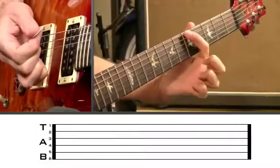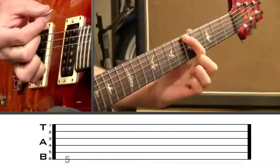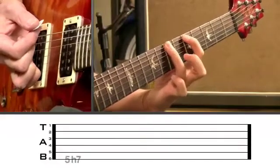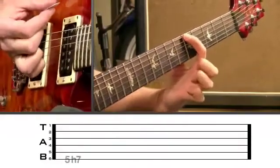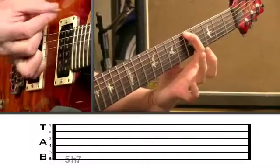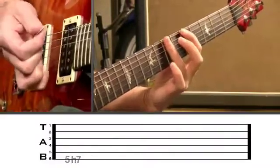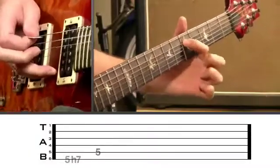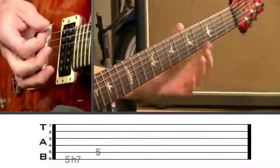So what I've done, I've held down the 6th string at fret 5. I'm plucking it with my plectrum, but then I'm hammering my 3rd finger onto fret 7. So fret 5, pluck, and I'm hammering on, like that, okay? And then once you've done the hammer, play the 5th string at fret 5. Okay, so if we join it,